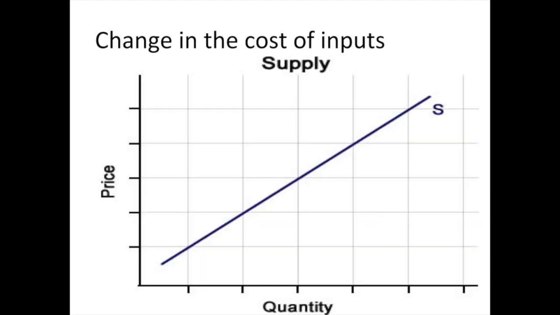The first shifter we'll look at is cost of inputs. Cost of inputs are the costs or fees associated with producing a product. An example, if you are making tables and the cost of timber decreases, your supply curve would move to the right. The cost of the wood is cheaper. As a result, you can buy more of the timber and you can make more tables. Think about it in this way. If your operating budget was $100 and you could buy 10 pieces of wood, that's the cost of your inputs. But if the cost of wood decreased and for $100 you could buy 15 pieces of wood, you can now make more tables, shifting your curve to the right.